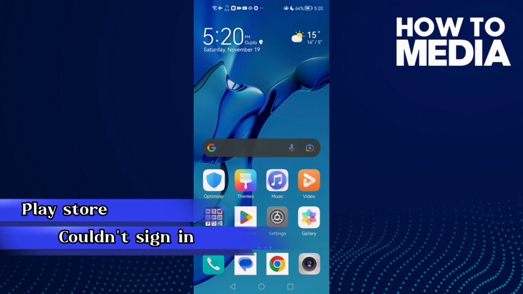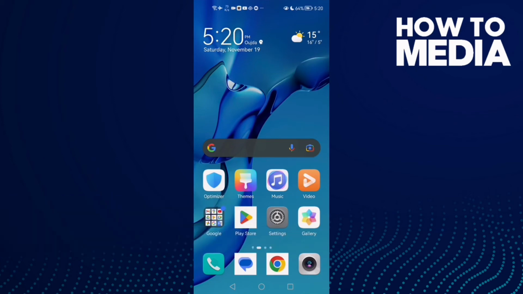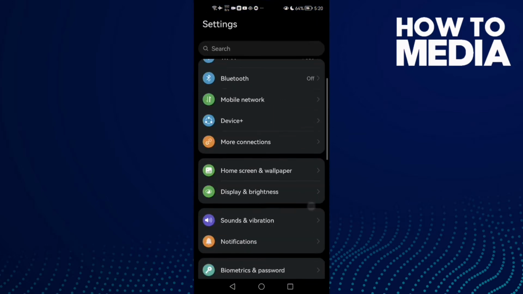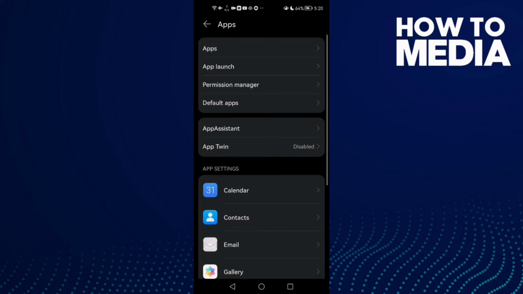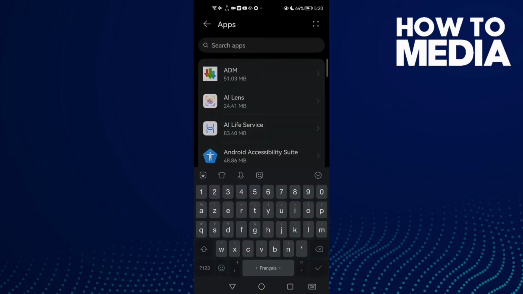How to fix Google Play Store couldn't sign in on Android phone. Hello guys, in today's video I'm gonna show you how to fix this problem easy and quick on any Android phone. First, open settings and then scroll down until you find Apps, and then Apps again, and here just